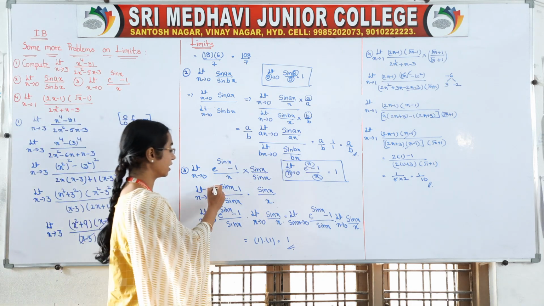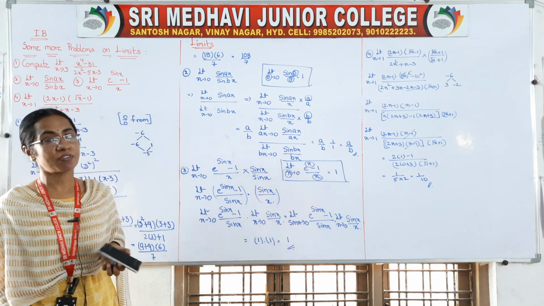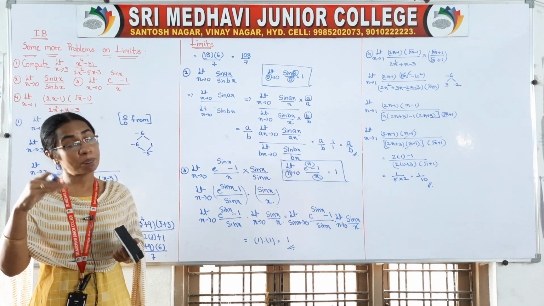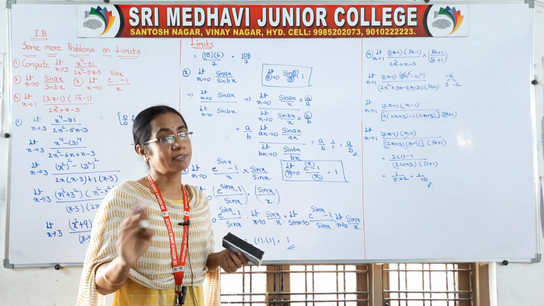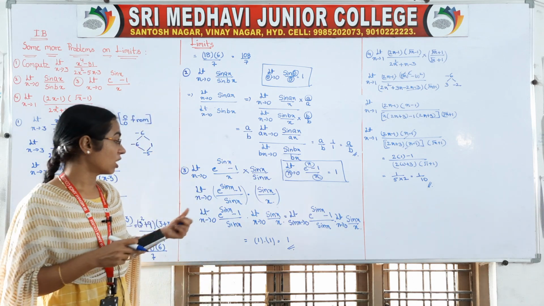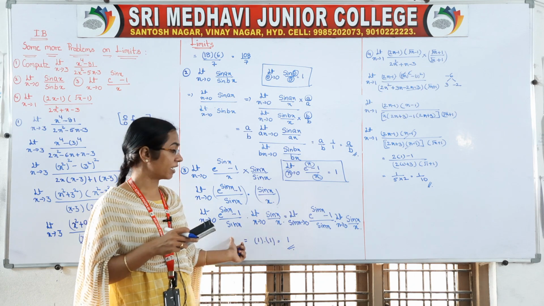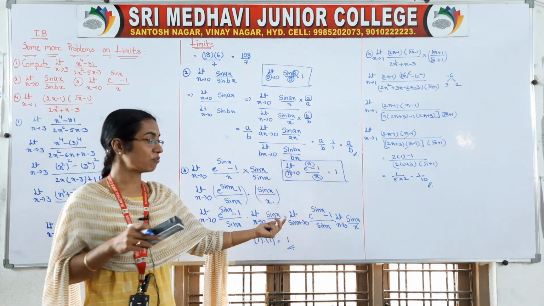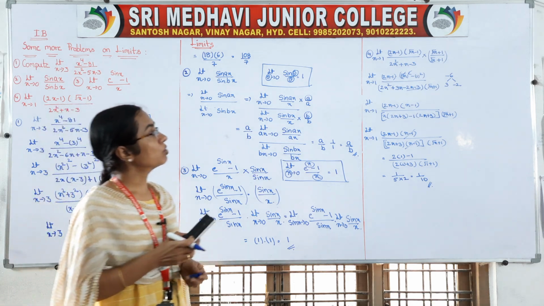Two terms are there, isn't it? So we can apply the limit whenever product form is there, whenever division is there, whenever plus minus, we can apply limits on each and every term separately. Okay, so now both are exactly in your formula form. See how nicely they got into formula form. So once they are in formula form, we will apply it. We got the answer. Now come to the fourth one.